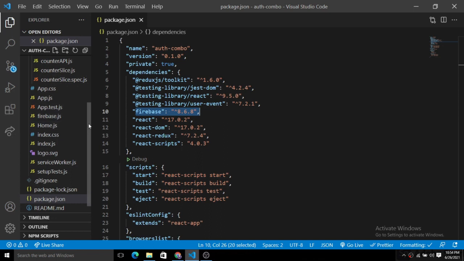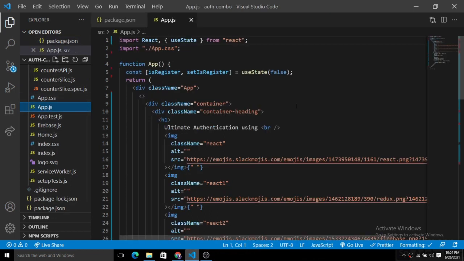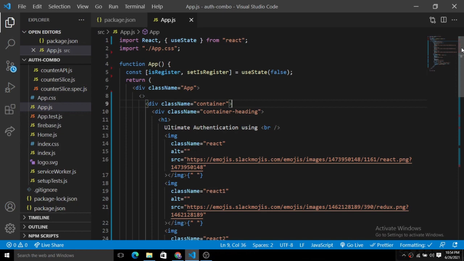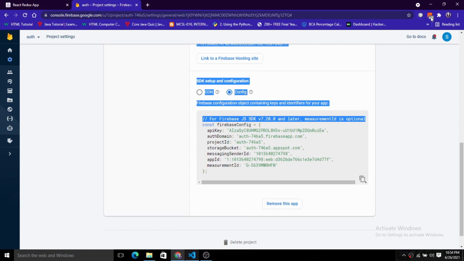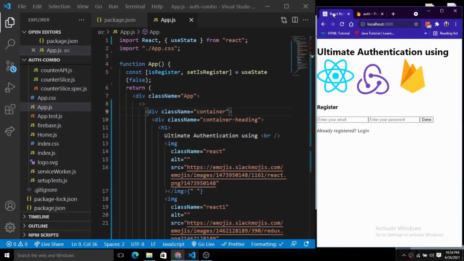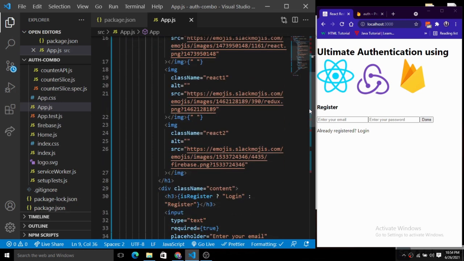So now inside of this app.js we already have a simple form that you can see here. We already have a simple template, because our main motive is authentication. We are not going to do any designing or any HTML code that you can see here. Our main motive is to just create an authentication system, so we will focus on that. So we have a boilerplate authentication card here, but it is not styled. So I will go and style that.